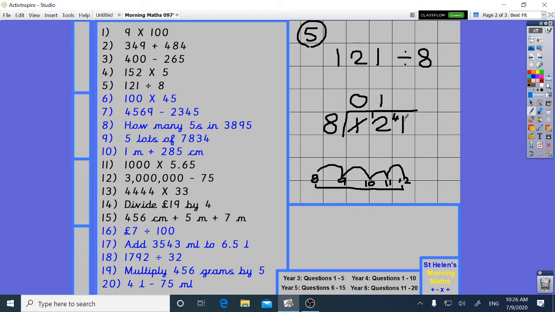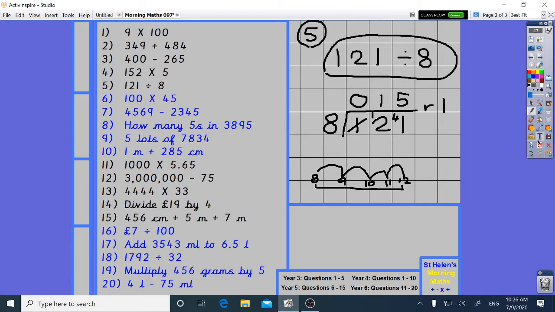Then we sing how many 8s into 40. Look for an 8 and 16, 24 and 32, 40. I sang that on my fingers, and my fingers said it was 5. Got up to 40, but this says 41, not 40. So remainder 1 from the 41. So hopefully you're getting the hang of how to do that bus stop method, which really we need for these